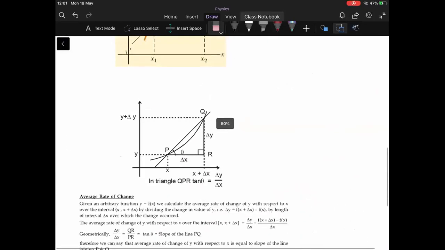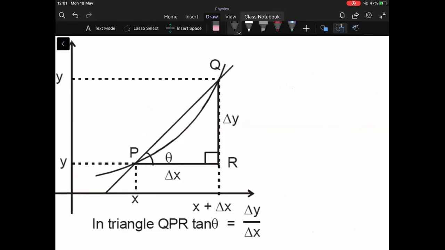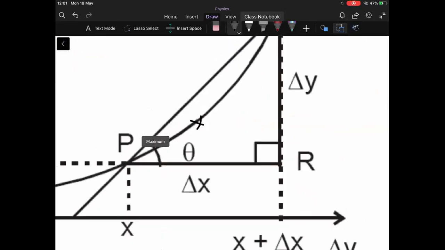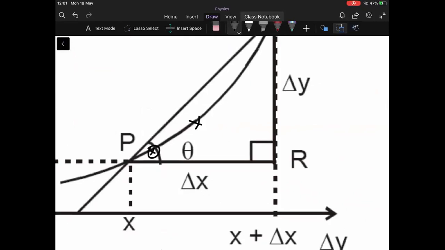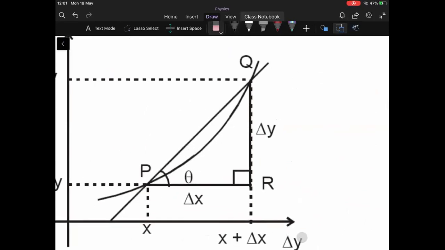You can see these points P and Q are now far off. Now if I magnify it a bit, I can bring this point Q very close to it. I magnify it further, and I can bring this point very close to it and then find the slope. You're getting my point? So I have all the situations possible with me. I can choose to take point Q far away from it, but then it will not be the instantaneous slope, it will be the average slope, and average slope may be very different from the instantaneous slope. So average slope does not give you the exact idea.